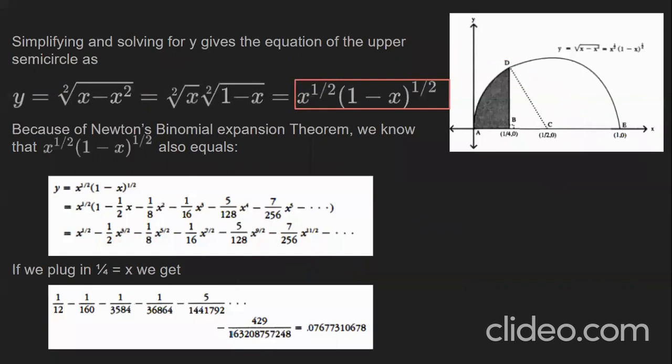So using his binomial expansion, he figured out the exact value, or an approximation, of what this shaded region was. Using the binomial expansion, he learned the actual number inside of here. But this doesn't really have anything to do with pi. And the next way that he wanted to find this shaded region was different. So he used geometry. We'll just keep this number in the back of our minds.